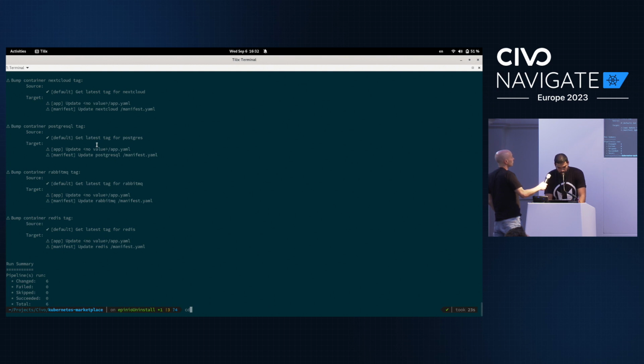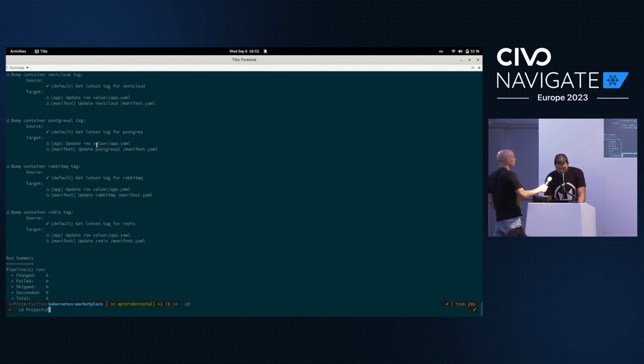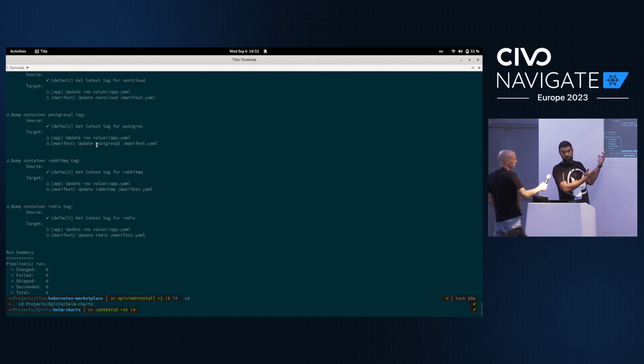So an experimentation we've been doing in this case is another project, for example, Epinio, to come back. A typical example is a Helm chart. A Helm chart contains two kinds of information. If you look at the chart.yaml, you can guess a lot of information, like, for example, dependencies, so we have that information. Or we have the values file where you can put whatever you want, but we could follow some conventions, for example, the way you specify the Docker image or Docker image tag. And so in this case, what I want to do is